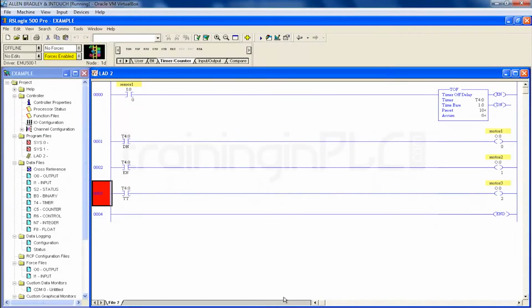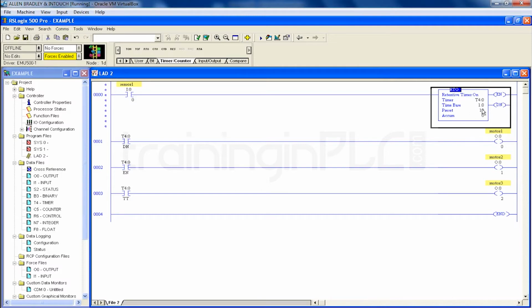Let's talk about the retentive on delay timer here. You can find RTO. Instead of removing the block and taking this one, you can go for this option. There is an option to change the name of the timer. Here just type RTO. Now click enter. The complete block is changed into a retentive on delay timer.